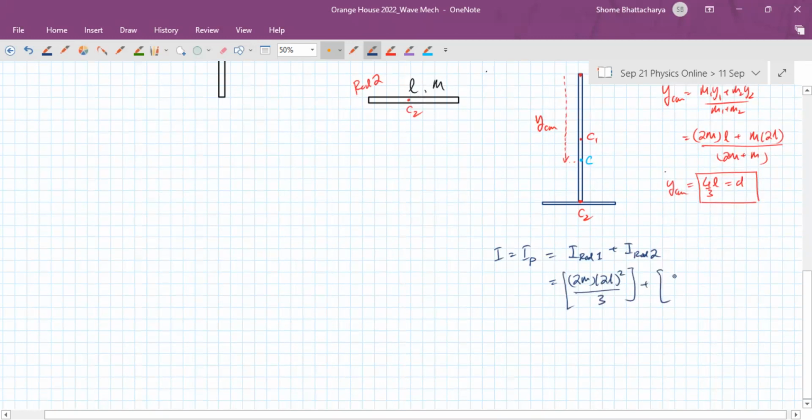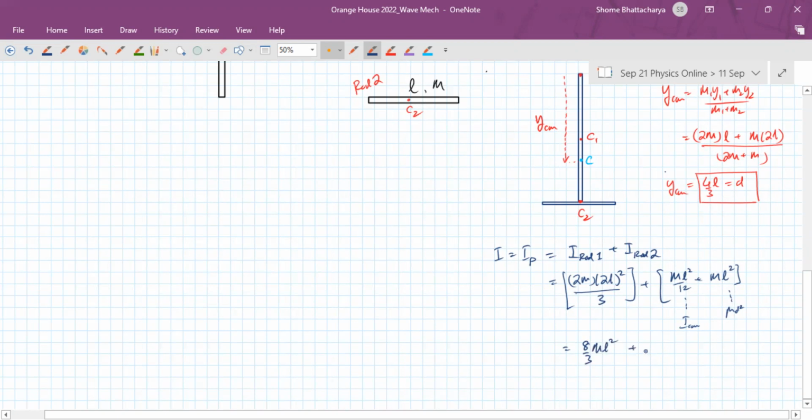And the rod 2 is of mass m and length L, but this is I_CM plus ml square, that kind of formula, parallel axis theorem. So this becomes 8 by 3 ml square for this one,